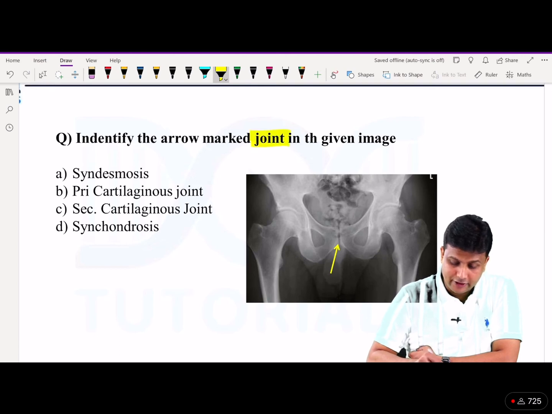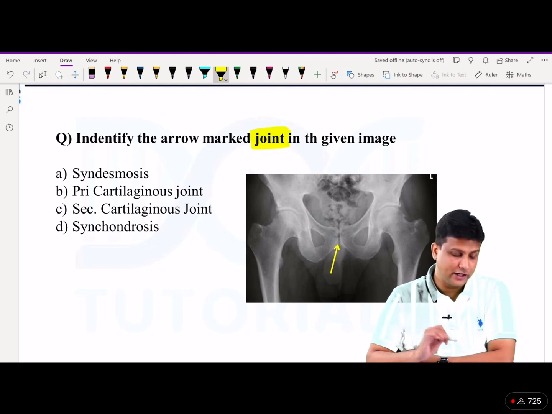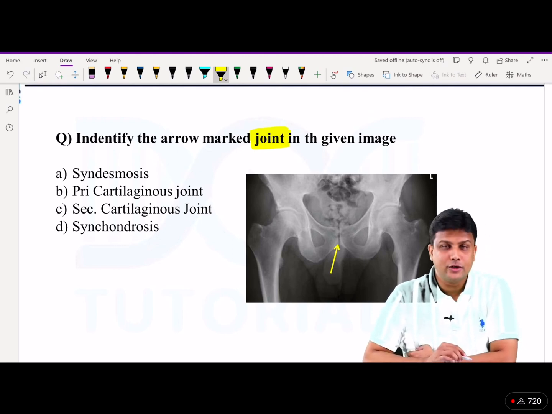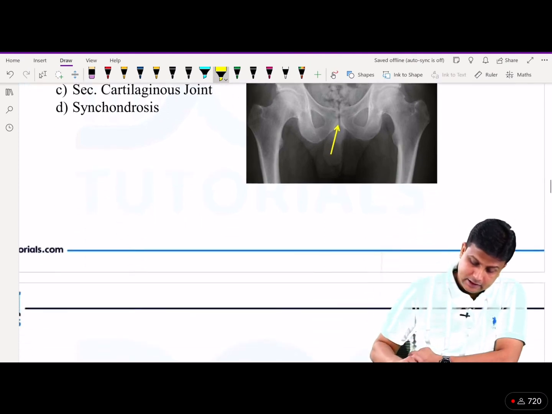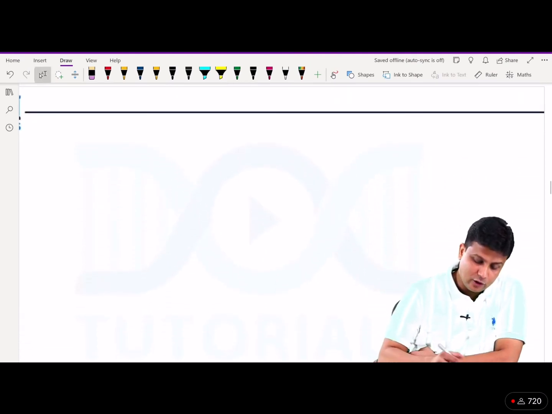One question definitely on 4th June 2022 from the joints topic, sir. One question definitely in your June exam from the joints topic, sir. One joint question will surely come. Now before telling you about that joint, I'll tell you one thing here. Whenever you learn about types of joints,